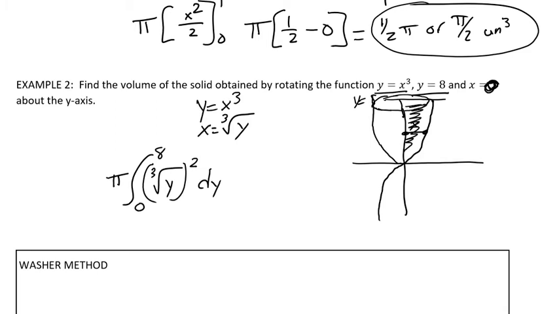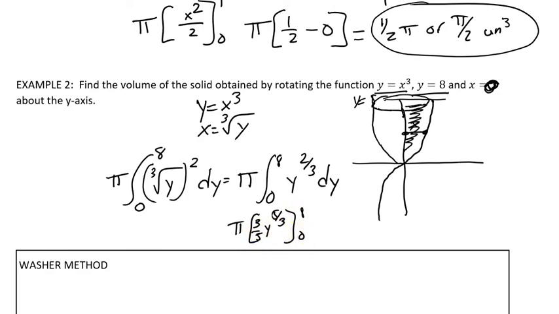And you could do this one by hand if you wanted to. It would take a little more time, but it would be y to the 2/3 power dy. Okay. And so if I take the antiderivative of that, it would be y to the 5/3 power times 3/5, evaluated from 0 to 8. Of course, the good thing is plugging in 0 is going to give us 0 again. So it'd be 3/5 pi times y,